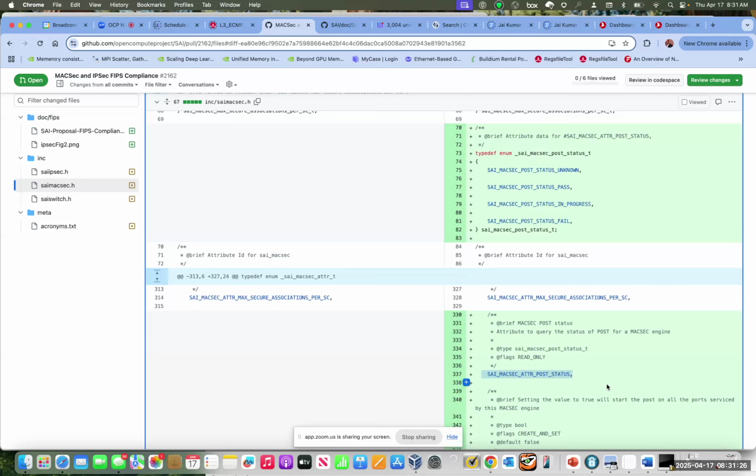If the implementation disables everything on the system, all the MACsec engines, then everything will fail, right? All kinds of object creation and setting the attributes will start failing. Now, what you are asking is, is there a way